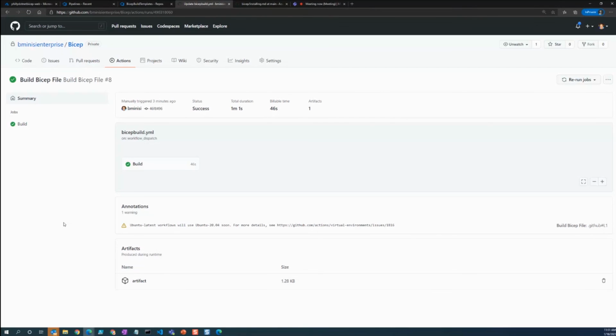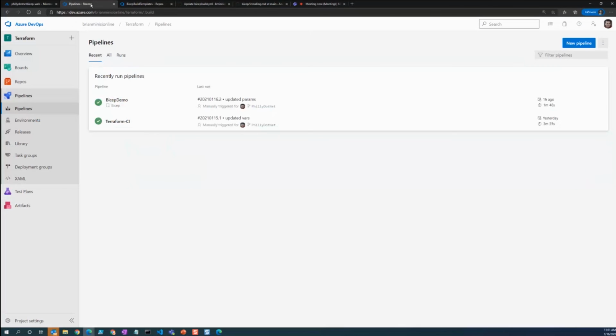Yeah, it's absolutely brand new. So it definitely makes life a lot easier and more approachable for ARM templates, because I hear all the time from people saying they hate ARM templates, they're way too difficult to do, I don't understand them. This is to address that. Of course, you could use Terraform or third-party tools, but this is the Azure built-in way of using a domain-specific language for ARM templates.